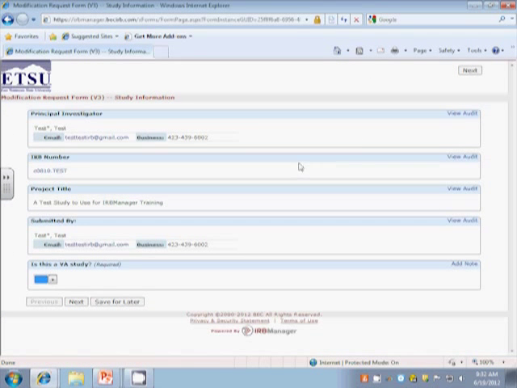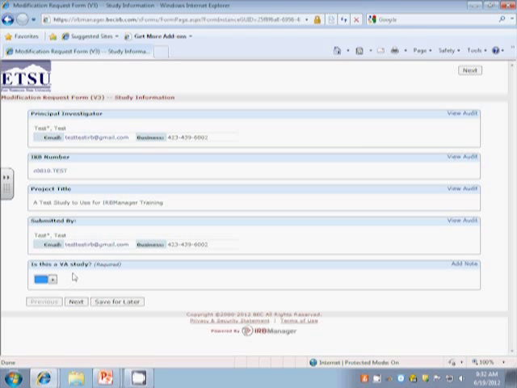So it feeds in the principal investigator, IRB number, project title, and who's submitting the form. So a note about that, we've built the forms so that they can be submitted by any of the study staff. And what will happen is once they submit it, the PI will get a notification email that says this form is ready for review and approval. They'll have a link that they can click to get to the form to review it. They can add notes and send it back if needed, or they can put in their password and send it